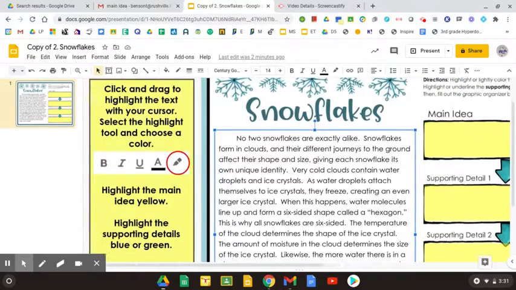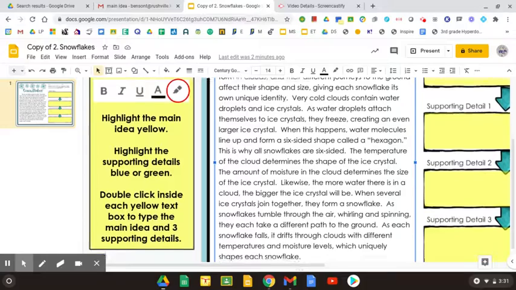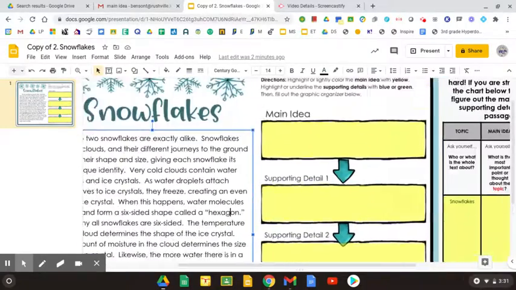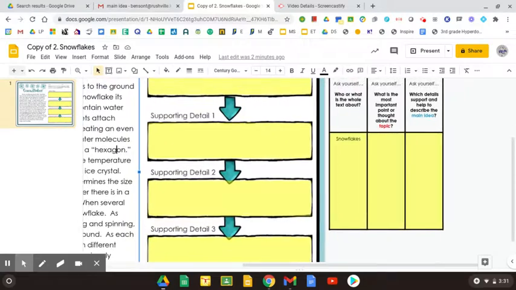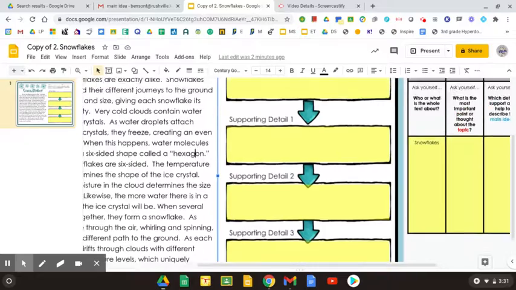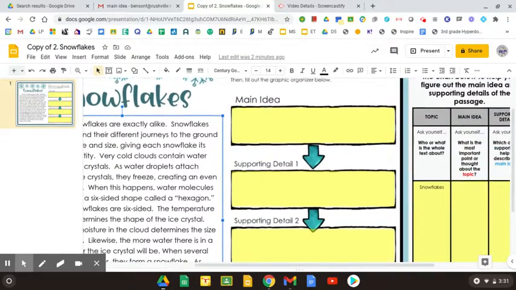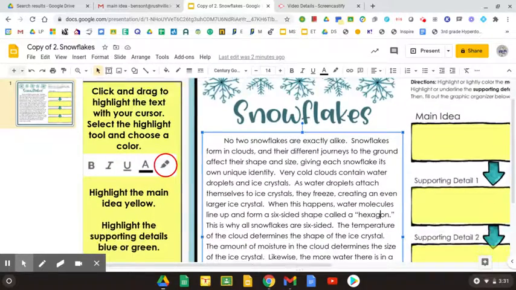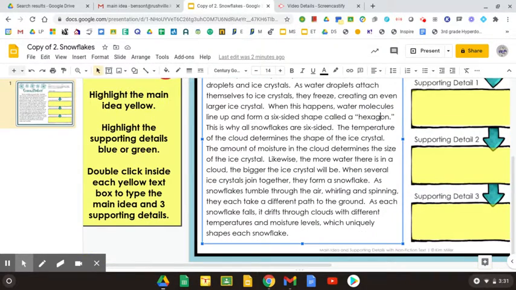So you go ahead, highlight main idea yellow, supporting details in blue or green, fill in the chart here. You do not have to fill in this chart on this right-hand side unless you're struggling. If you're struggling, that's a nice way to help yourself out. If you know the main idea, go ahead and type it there. Details here. Any questions or struggles, please, you can rewatch part of this video because I tried to describe everything,